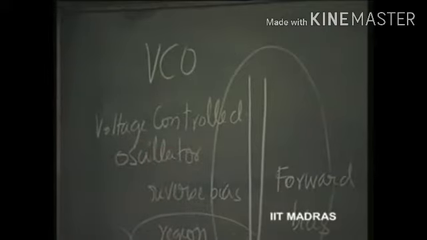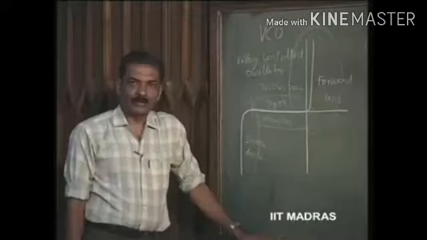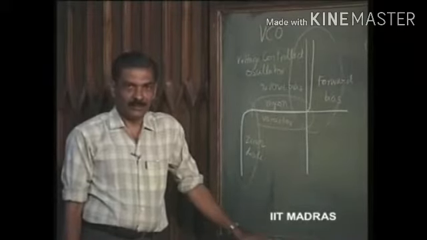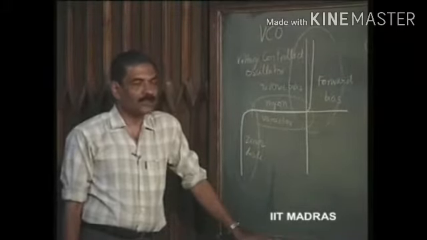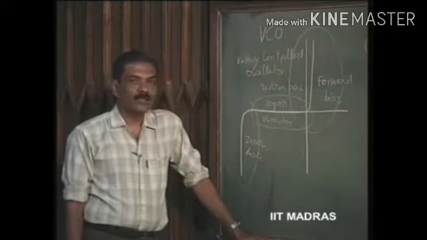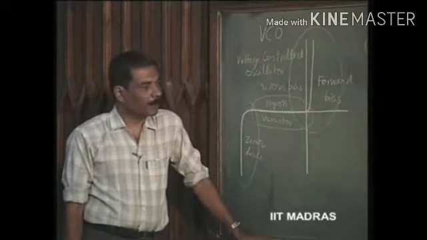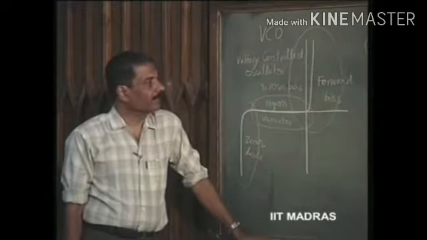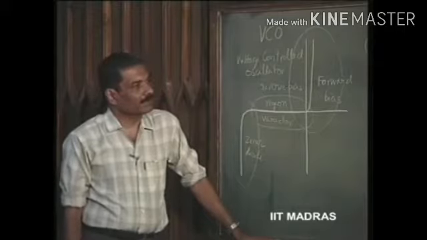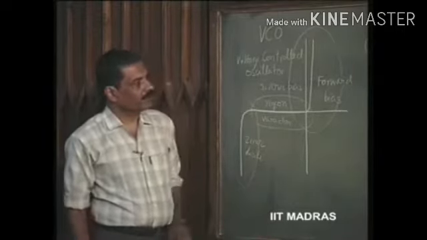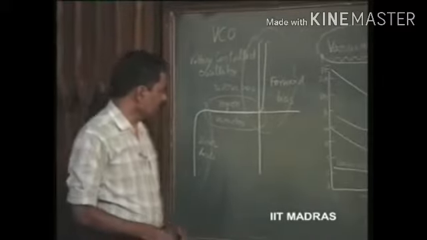can use this variable capacitor, or a filter which has to be tuned, voltage controlled filter, voltage controlled oscillator, all these things use this varactor diode for varying the capacitance of the network, thereby varying the frequency of oscillation or the frequency of the filter. So, this is the application. We will later see how we can utilize this.